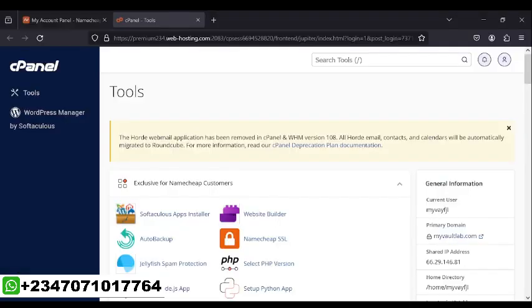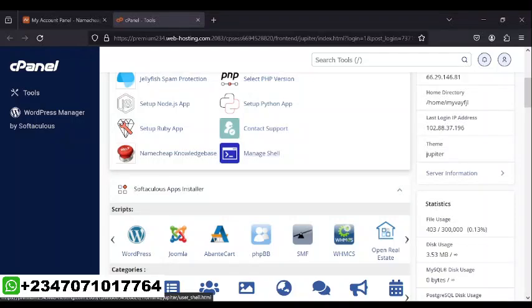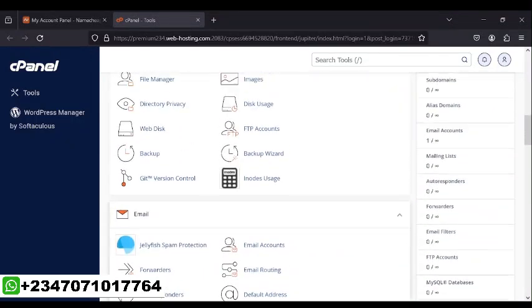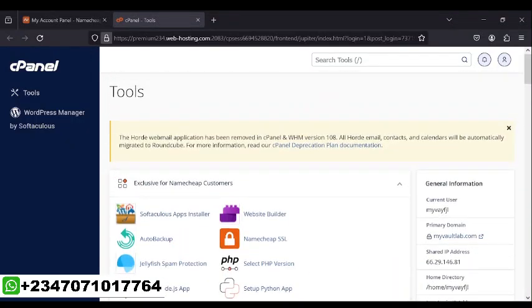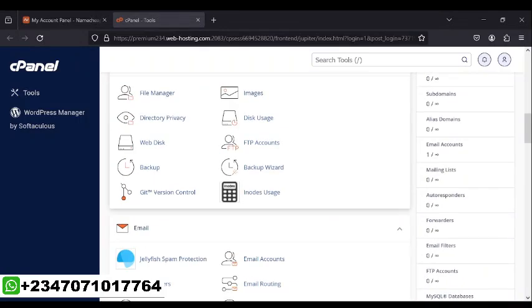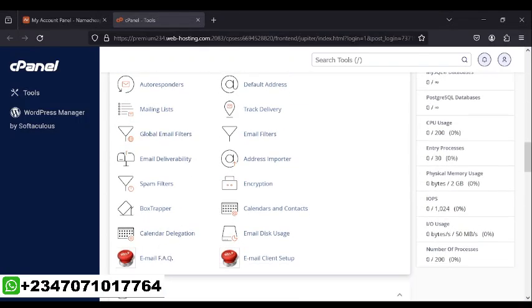Okay, so the first thing you are going to do is to log in to your cPanel. Okay, as you can see, I am already logged into my cPanel here. I'm currently using Namecheap for my cPanel. Okay, if you don't know how to get a